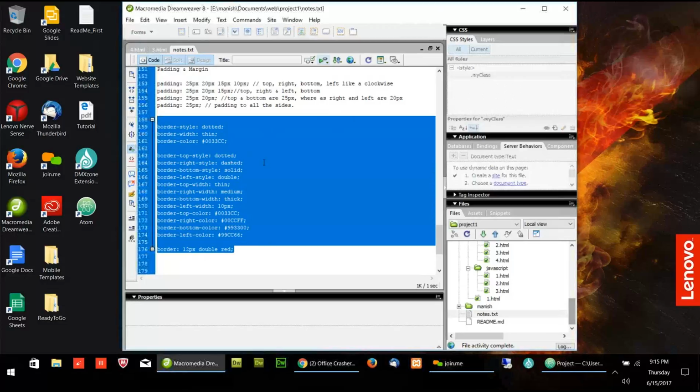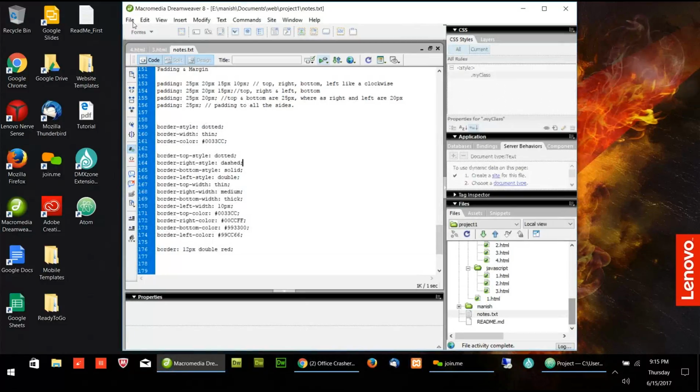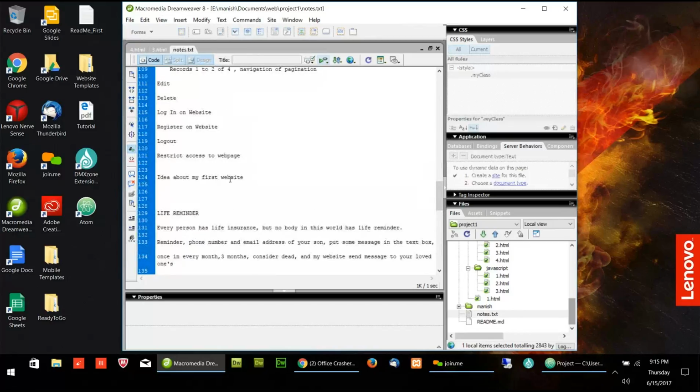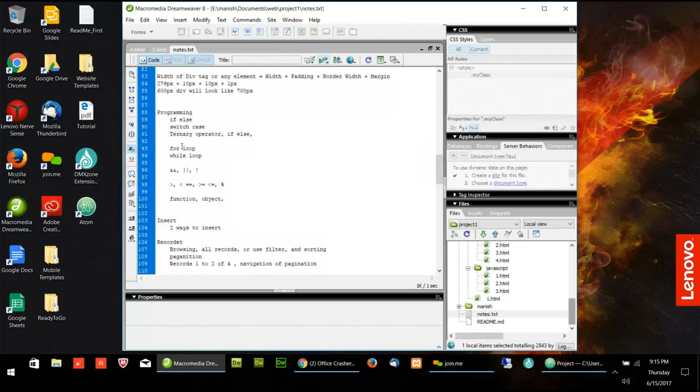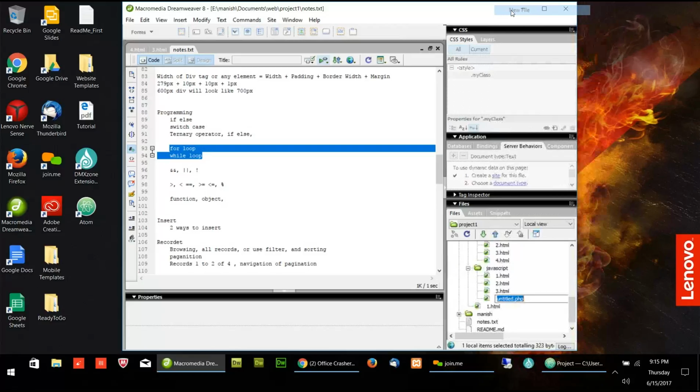Let's now move to our JavaScript. So yesterday I showed you that we need to do this, which we did yesterday. We did these 2 parts, and this is pending. We did this part also. We did function and object also. Let's try to do the for loop and while loop. I will create a new file, for.html.